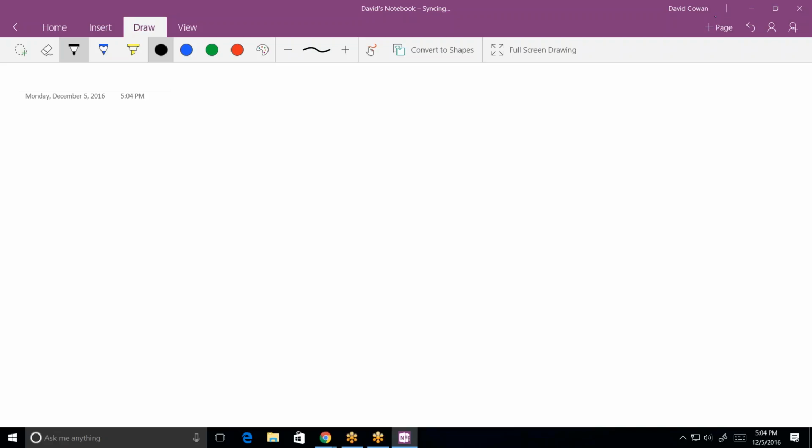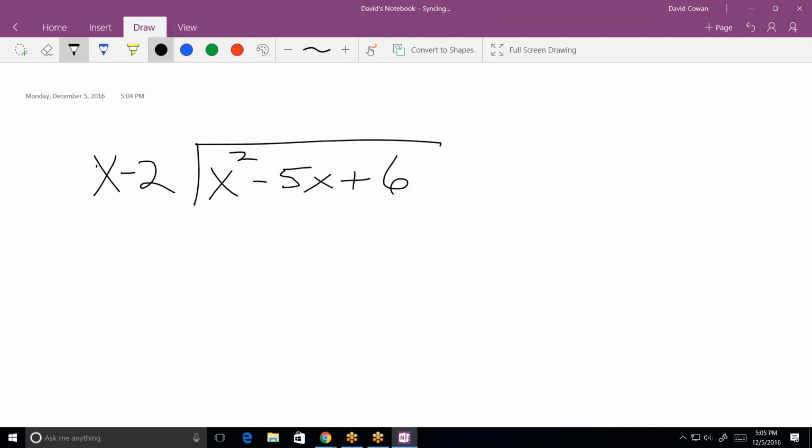Now, a little more difficult is dividing. If I divide x minus 2 into x squared minus 5x plus 6, that's dividing a trinomial by a binomial. Do you know how to do this using long division? Yeah, I think so. So you put the x minus 2 under the x squared minus 5,